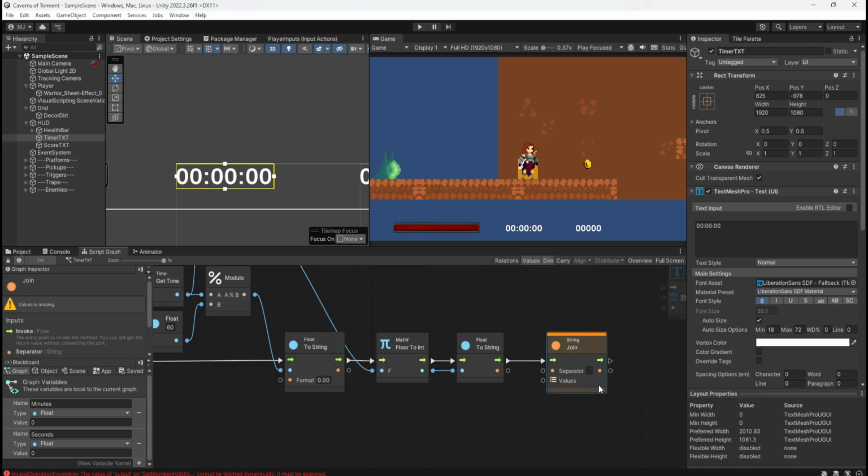Make separator a colon. Okay, yeah. It's kind of like you need to plug in all of the strings into one, isn't it?